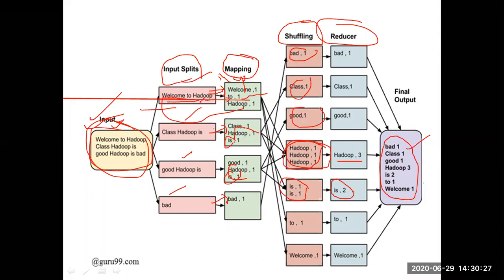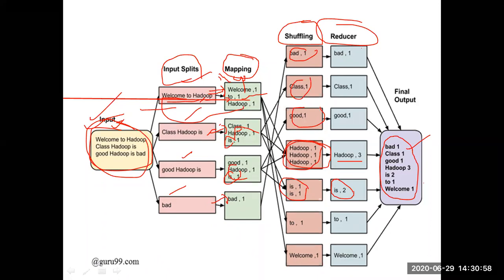File 1 is processed by map 1, file 2 is processed by map 2, 3 is processed by map 3, 4 is processed by map 4. Parallelly the work is going on, so that time is saved. Fast, we are getting the processing report. After the mapping duty is over, the output of the mapping will be given to the shuffling. Here it will try to rearrange the data. The outputs of the mapping will be rearranged by the shuffling, so that all the related data will be